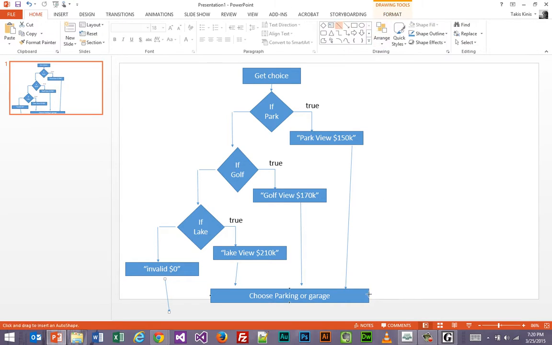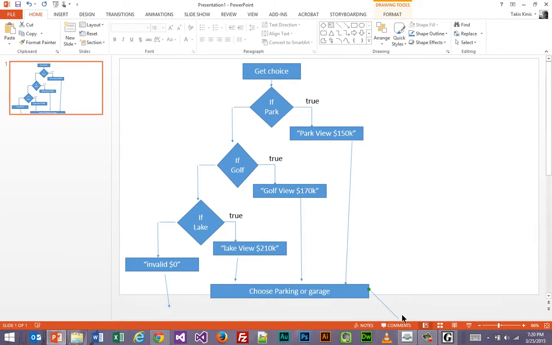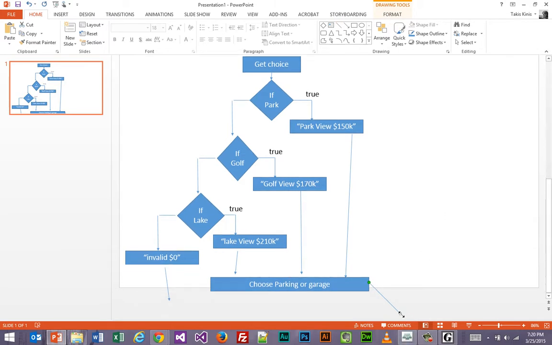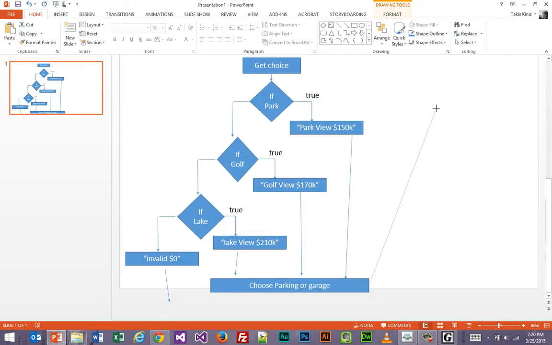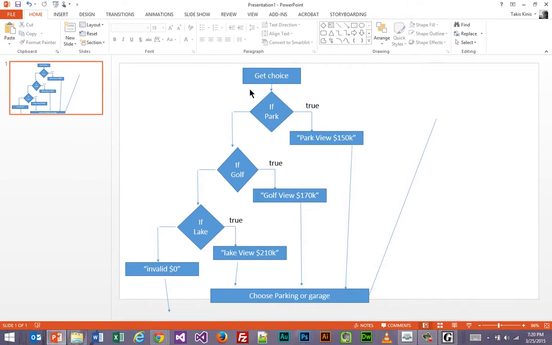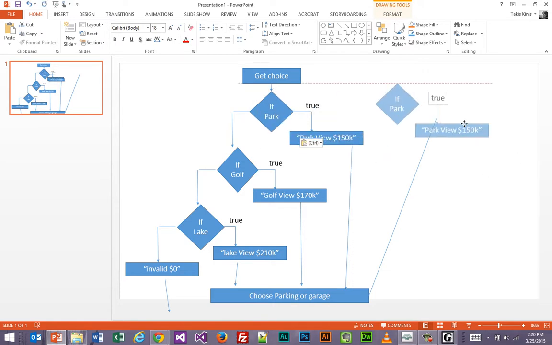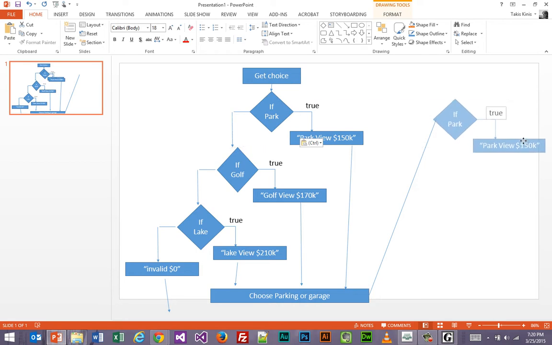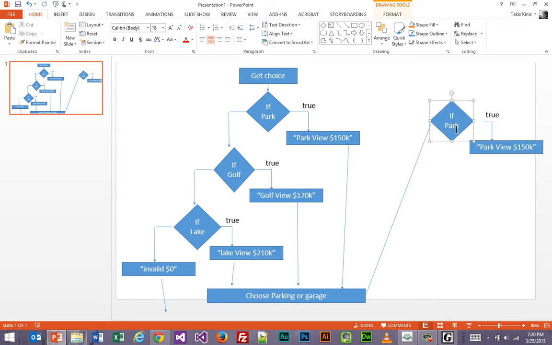drawing here. So I don't want to do it that way. I'm just going to have a line that comes back up, and then I'm going to copy some of this stuff. And here we're going to say if garage